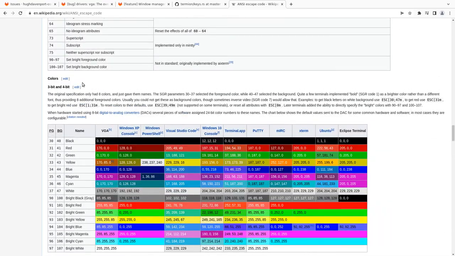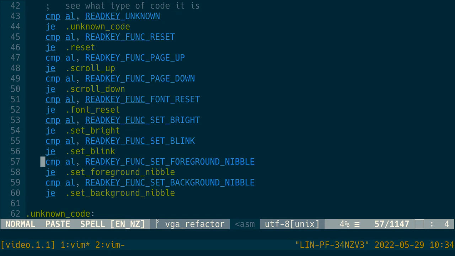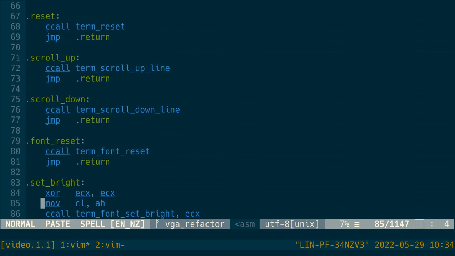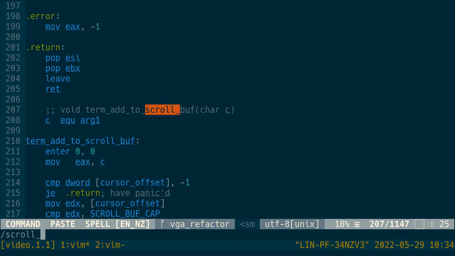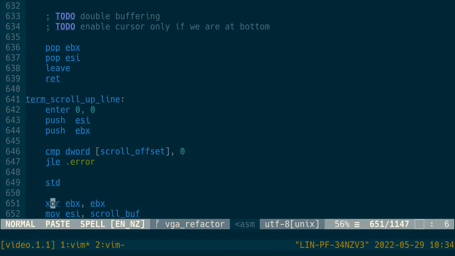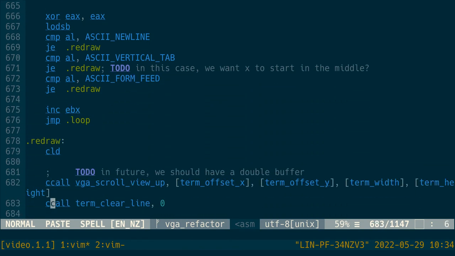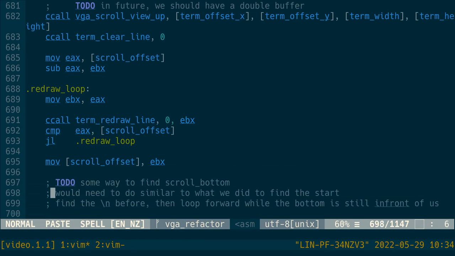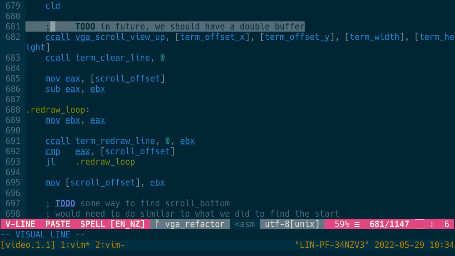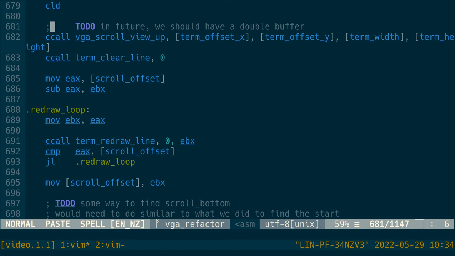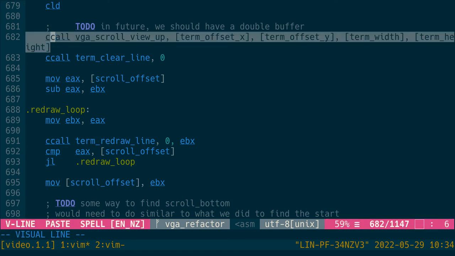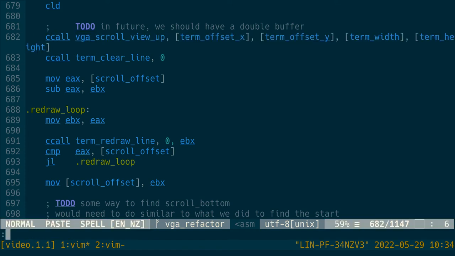It's 3 and 4 bits, so a nibble is just 4 bits, so that is why it's called that. And we basically have some functions for scrolling up and scrolling down. If we look at scroll up line, the reason why it was flickering before, that's alright to ignore. One thing is we don't really have a double buffer, which can be useful. We do have a couple of functions on our VGA driver to scroll a kind of viewport up,